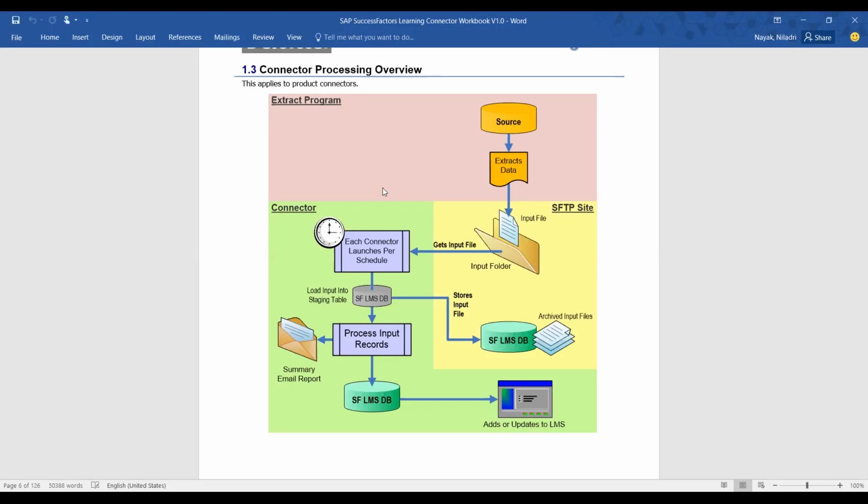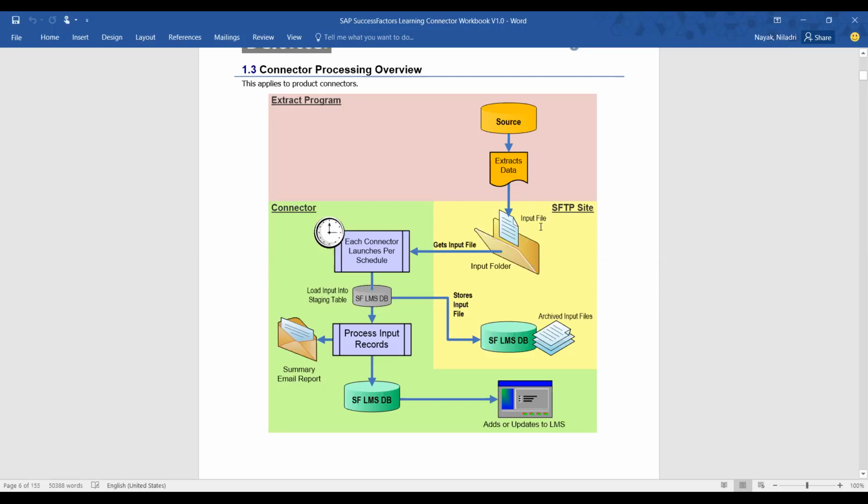It can also be user data. For user data, you don't have to prepare the data. It will come from Employee Central, that is your employee export file, directly from the employee export program in provisioning. You have to schedule the job for the employee export. Then this data will automatically come and sit in the SFTP site. That employee export will be an input file for you in the SFTP.